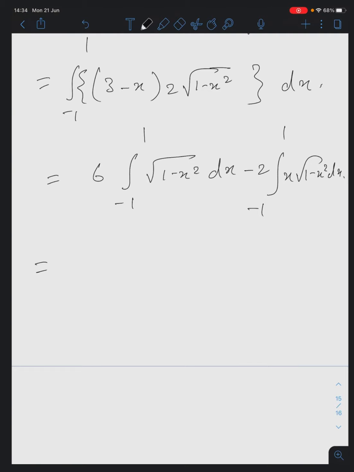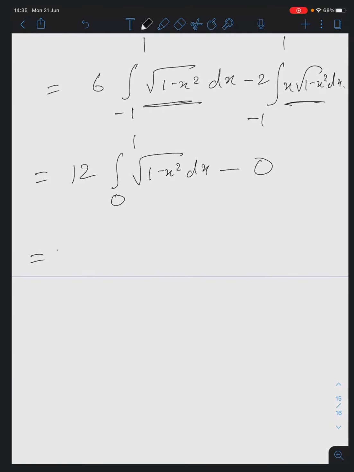Now look at the second integral. The function is even or odd? Please do answer. The function is even or odd here? Odd, ma'am. Odd. So, and limits are from minus 1 to plus 1. So, the value of that integral will be what? 0. So, minus 0 you got. Look at the first integral. The function here is even or odd? Even. So, I can multiply 2. So, that will become 12. And this will be 0 to 1. And this will be root over of 1 minus x square dx. Can I write it?